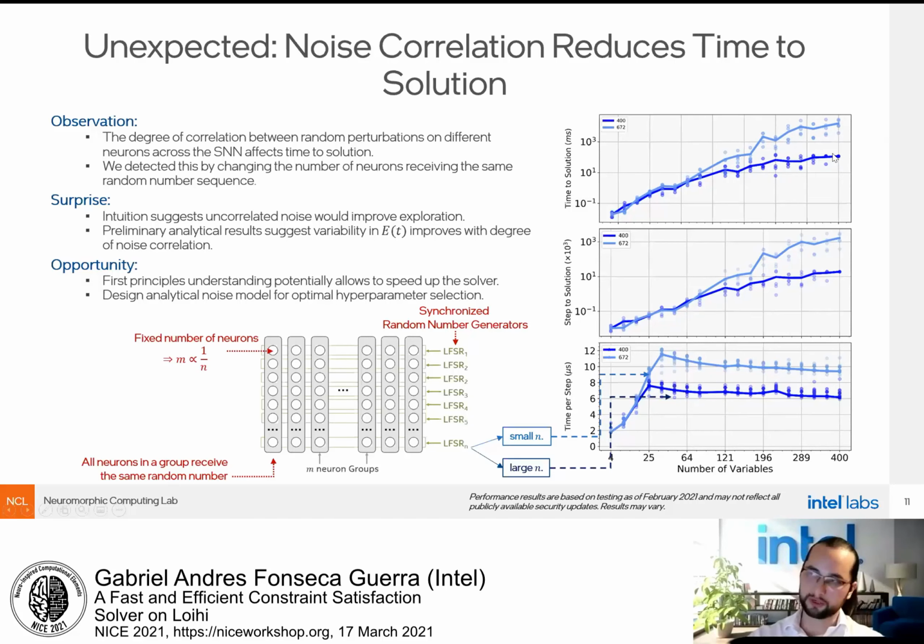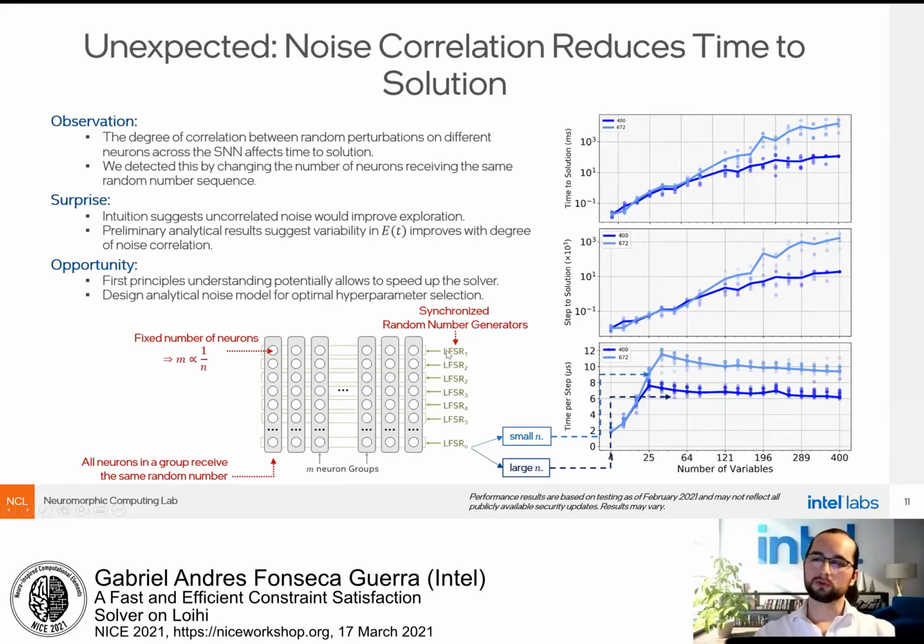And this surprised us because you would expect that uncorrelated noise would create a better time to solution. But we observe the opposite, and it's actually a good advantage that we are getting from only increasing the correlation in noise. We arrived at this phenomenon because of the way in Loihi we apply noise,